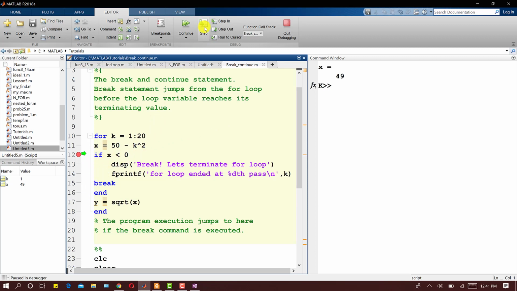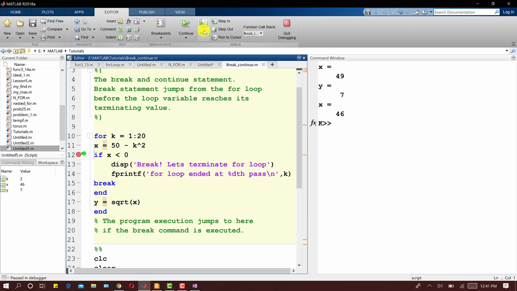If I step in, see that the arrow jumps to y is equal to square root of x. So it directly jumped to the y value. If I step in, it will take the square root and store it in the y value. Then if I step in again, the arrow will come here, and then it will update the x value. If I step in, the x value is updated.